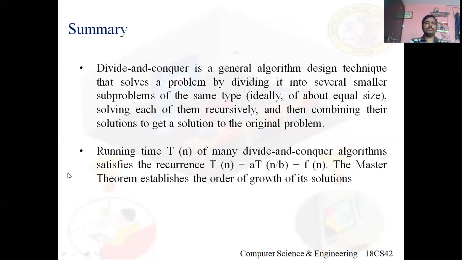So now, in general, let me summarize. We have seen the advantages and disadvantages. Let me summarize divide and conquer. This is the first point; just now I told it again and again, it's a repeated point. Coming to running time, the time complexity of divide and conquer will be of the form T(n) = a T(n/b) + f(n). It's a recurrence relation, and to analyze efficiency, we can take advantage of the master's theorem.